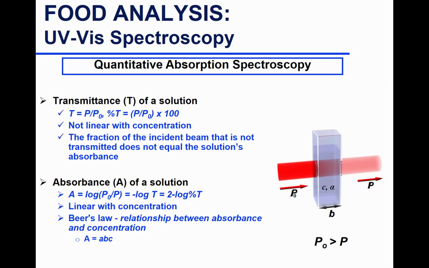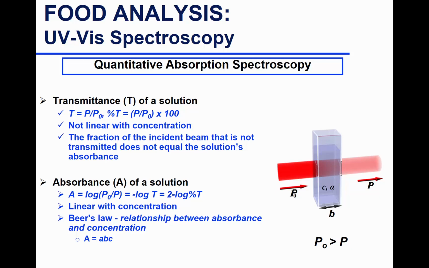And here it is: the fraction of the incident beam that is not transmitted does not equal the solution's absorption, because we said some of the light is reflected back, some of the light is scattered, okay? So we cannot say P0 minus P equals absorbed light. Okay,